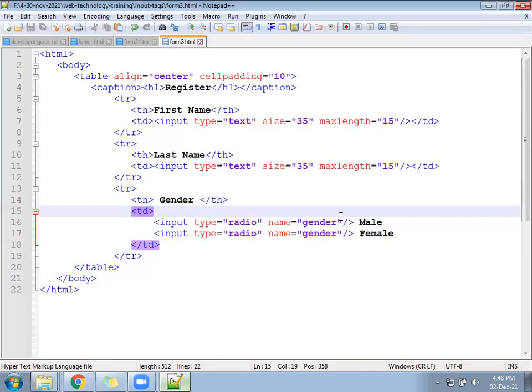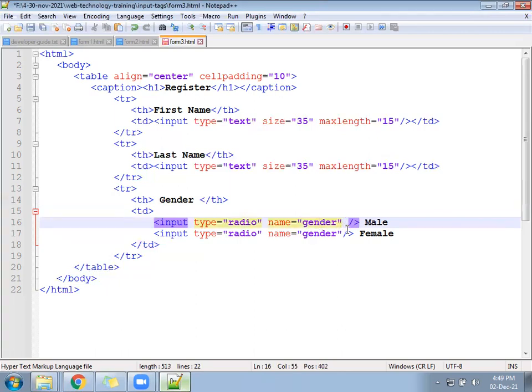So which property will help us here? The name property. Now suppose the user has selected male. After selecting male, he will click on the submit button. So the data has to go to the backend. It should be stored in a database somewhere. So what do you want to store in the database for male?